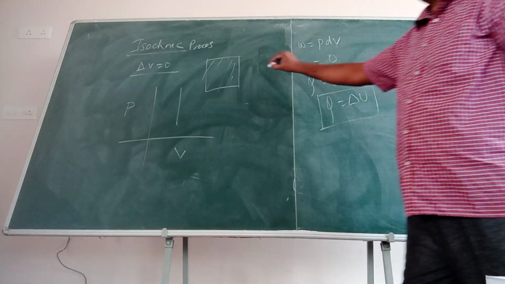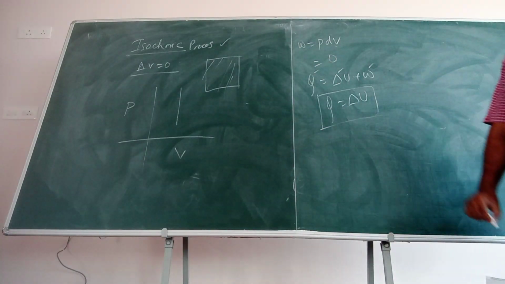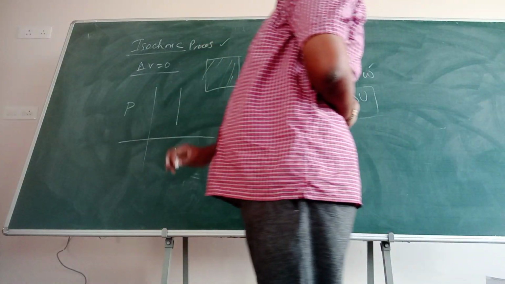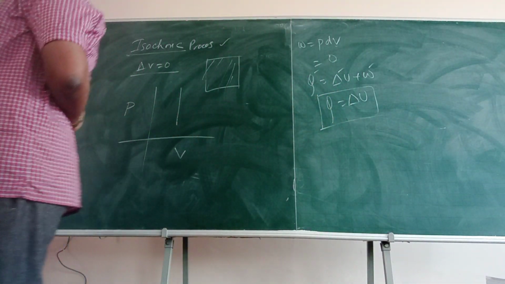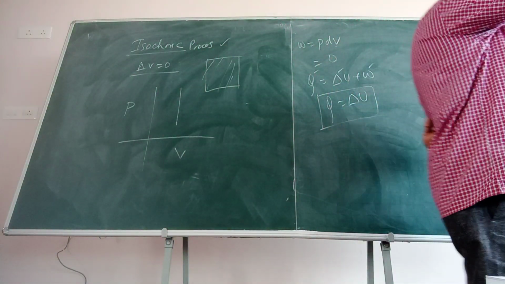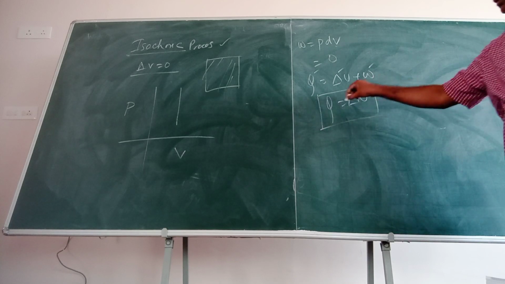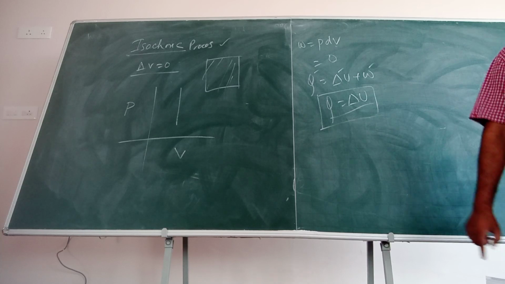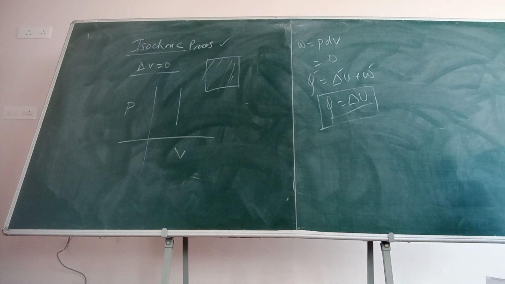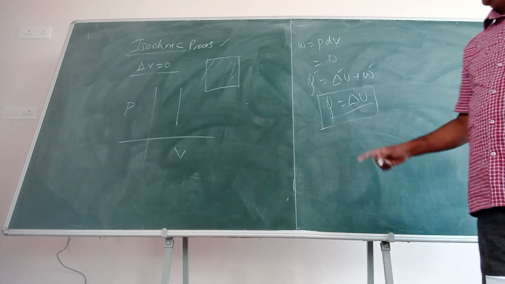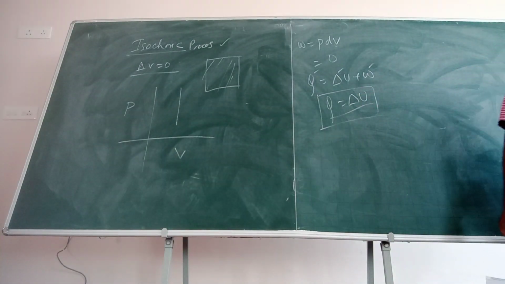This is the condition for an isochoric process. They will ask questions on the isochoric process, such as W is equal to 0, delta U is equal to 0. Like this, they will give you options. So when they give you options, you should know the condition. So what is the meaning of this statement? All the heat energy that was supplied went into changing the internal energy of the system.